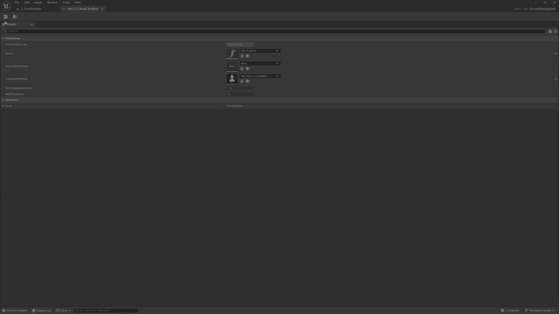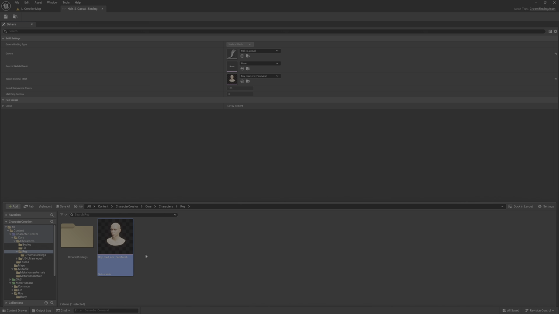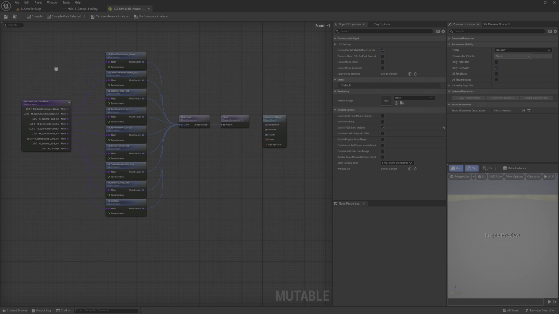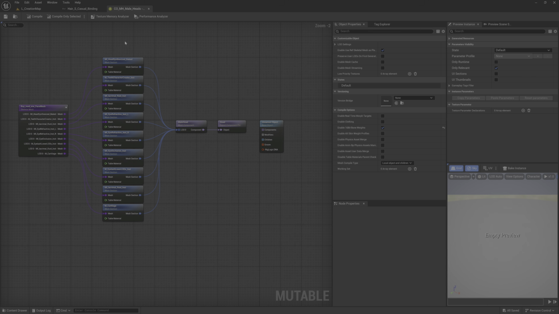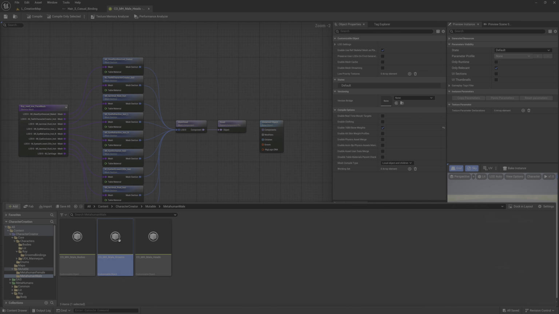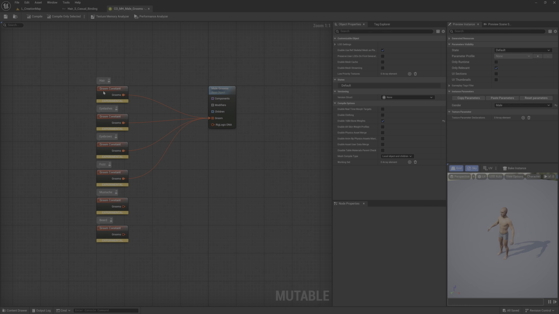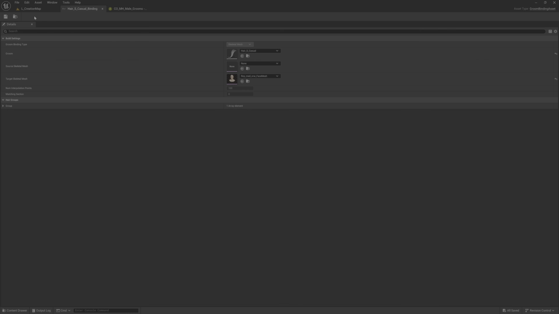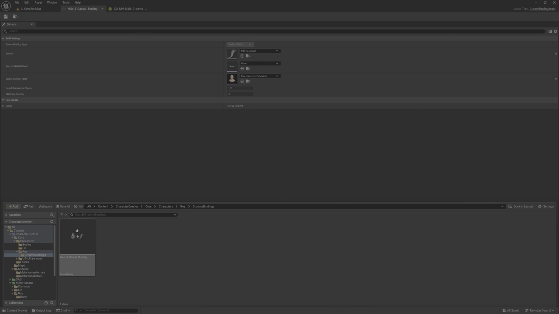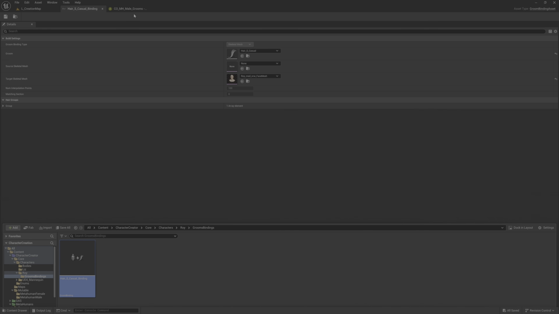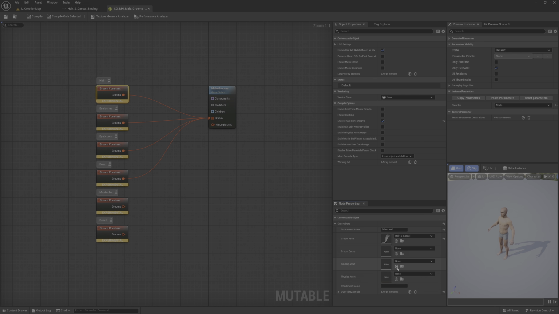So now this binding actually targets my head mesh, the head mesh that I am using in my mutable object or customizable object. So here at grooms, groom constant, and now I can select this binding there. So compile